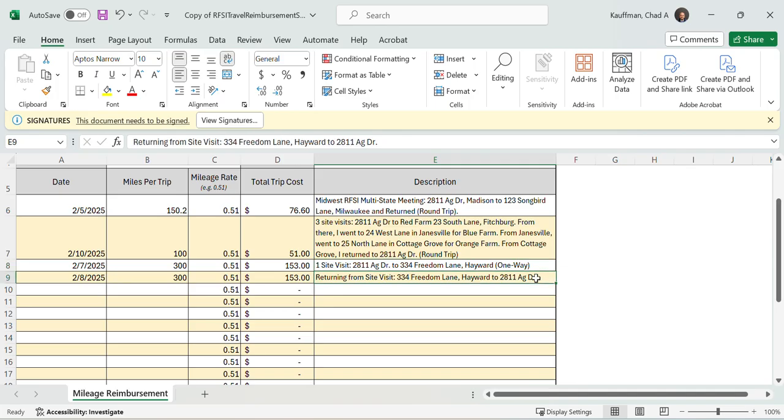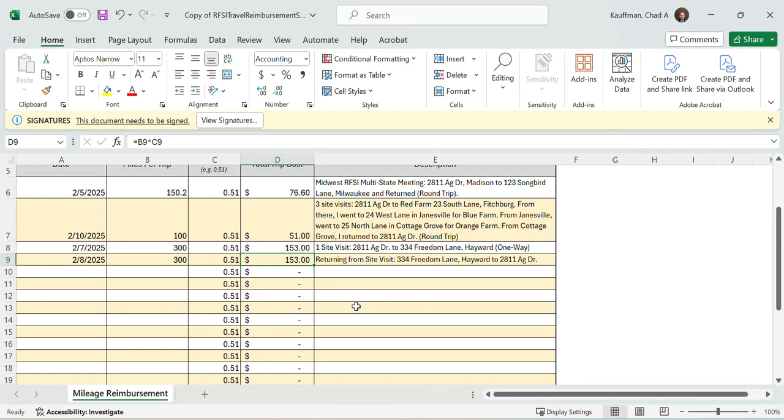So we'll also say that the following day, return from site visit, so 334 Freedom Lane to 211 Egg Drive, that was also 300 miles, and multiplied, it's $153, and that was the following day. So pretty easy, pretty straightforward here. And again, you'll be only really inputting in these 3 sections here. So just a random travel